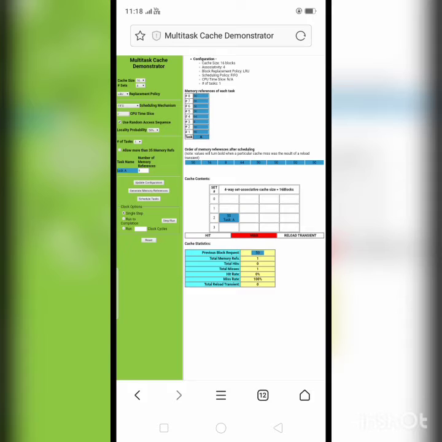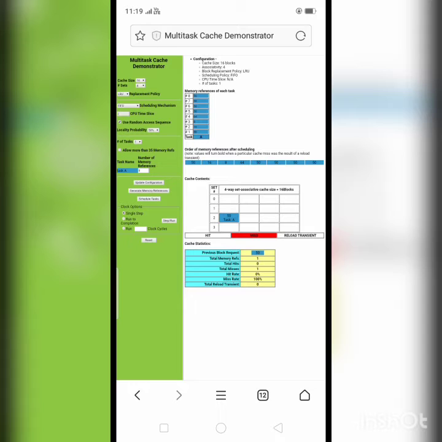Next, configuring the simulator. The simulator provides many options that the user can set to mimic various systems and scenarios. The cache content is treated as one word, 4B per block. After configuring the available options by pressing the update configurations button, the user can then generate a series of memory accesses for the tasks. A table displaying the memory references generated for each task will be displayed.